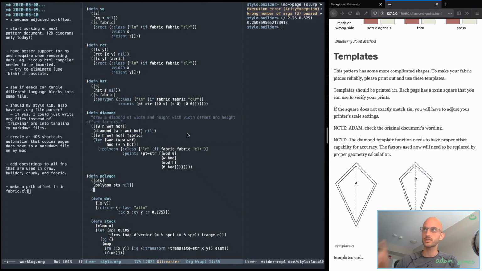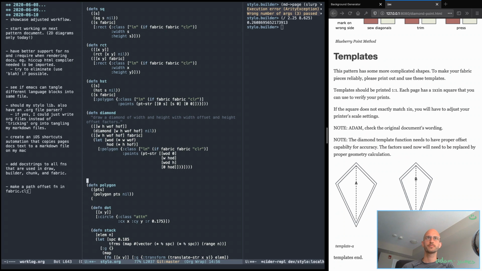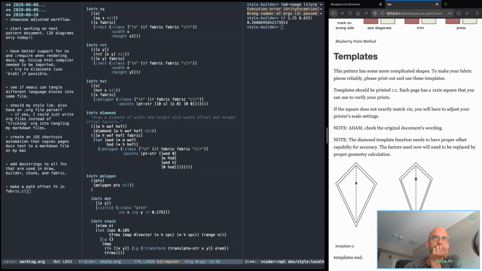I'll test that in a moment, but yeah, that'll be fine. Points has to be a list. So it'll be points and Fabric like this,